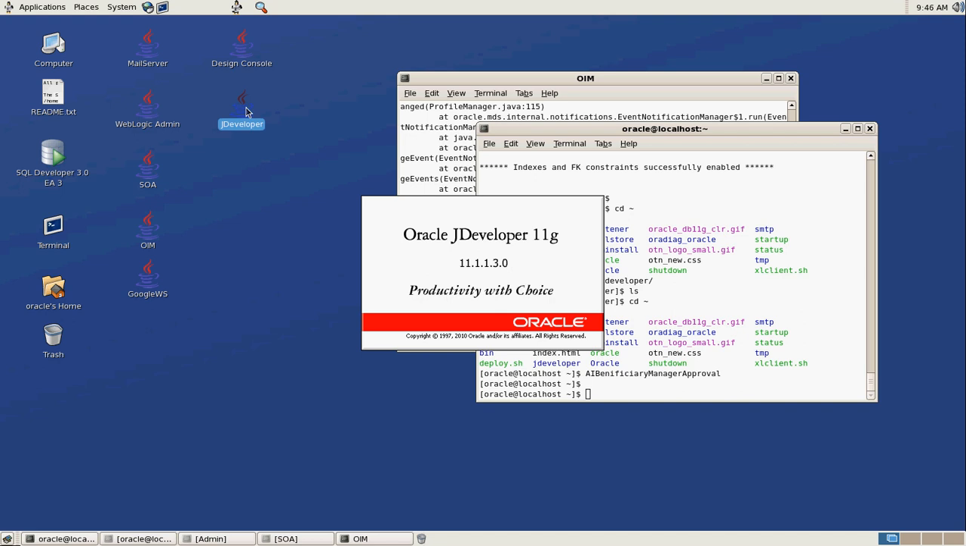Okay, so JDeveloper is basically a match. See, that version is 11.1.1.3. When you install JDeveloper for Identity Manager, it's got to be the same as all the other stuff. So like, OIM is 11.1.1.3, SOA is 11.1.1.3. So we need to have JDeveloper also be 11.1.1.3, and then you have to go rooting around at Oracle's website